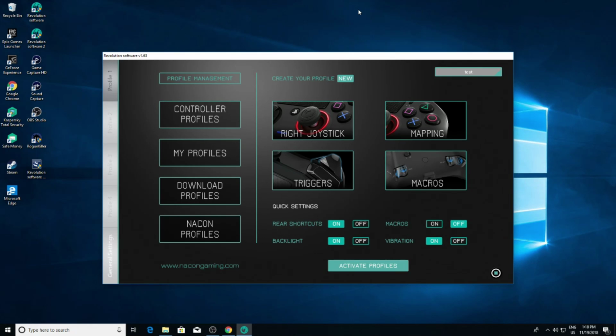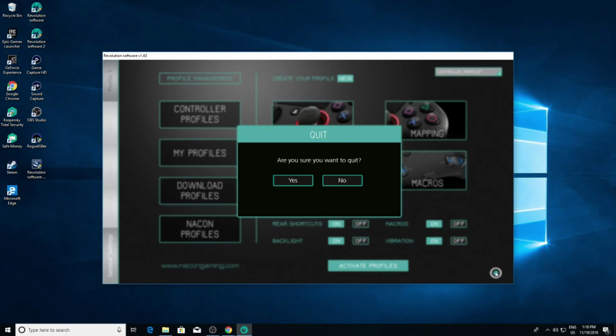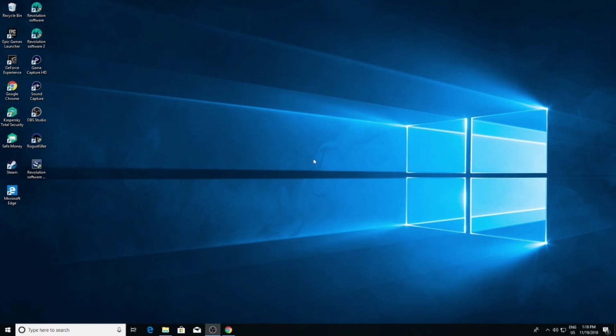For version 2, that's all you need to do to get it up and running, and it's as simple as that. Sorry that this has been slightly a little bit of a long-winded video, especially with the end bit there with the nacon 1. So nacon 1, don't use it as of yet, but nacon 2 controllers, then you can definitely go in there, sign in, double click it. You shouldn't have any problems. Activate profiles, check where it is in your profile, make sure you've got the right one selected in red mode,